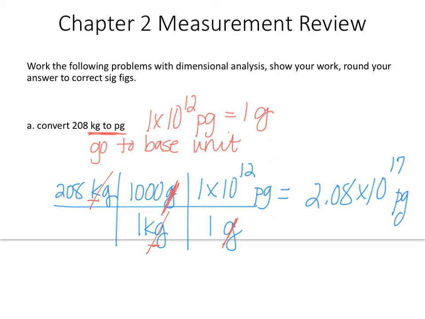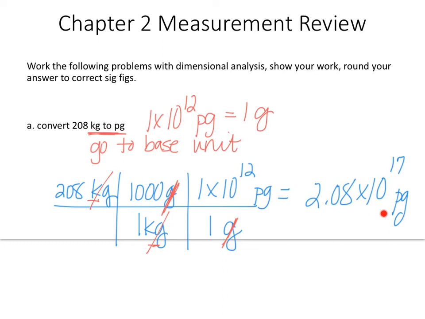And so then I know that 1 gram is equal to 1 times 10 to the 12 picograms. And then I put that in my calculator. Remember, if it's on the top, we multiply, and then we divide by what's on the bottom. And so when I do that math, I should get 2.08 times 10 to the 17 picograms, which, if we